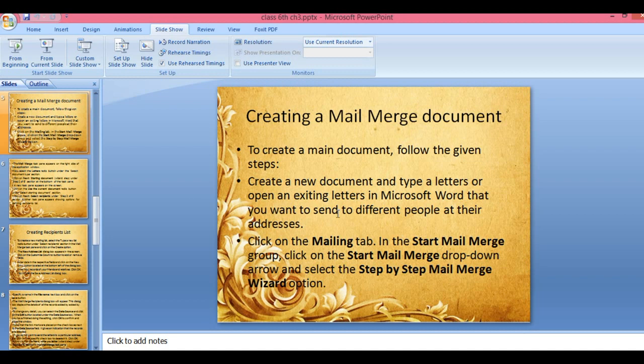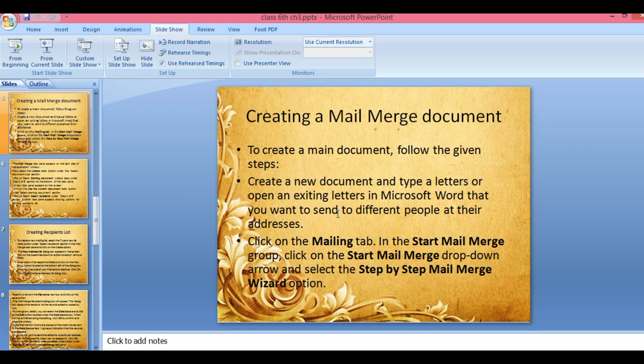To insert a merge field, we have to click on the insert merge field tab, select the field which we have to insert and click on insert. For viewing the data, we have to click on preview results so that we can see it, and for printing we have to click on finish and merge. And after that we have to select print document.